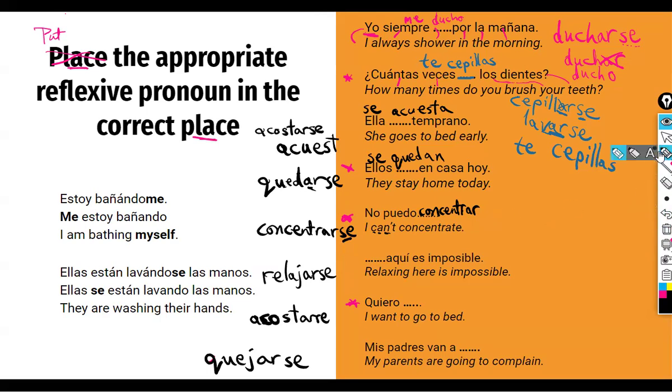Right? So tell me the pronoun. Since it is I, then it is me. No puedo concentrarme. Because I have one verb and then I have another verb. And actually, there's a little bit of a hint down here because I changed the exercise a bit, but I left in what was. Oh, wait, no, my bad. This is the English. Concentrate, not concentrate.